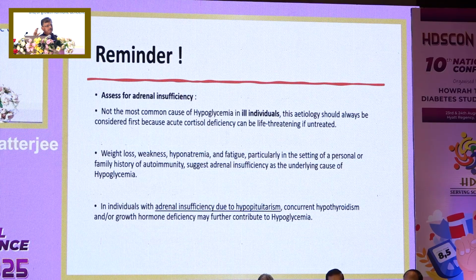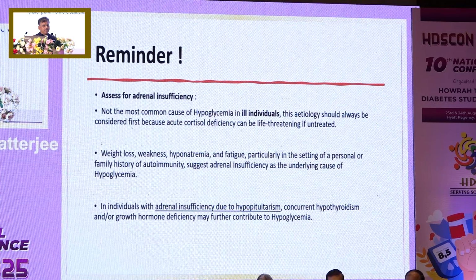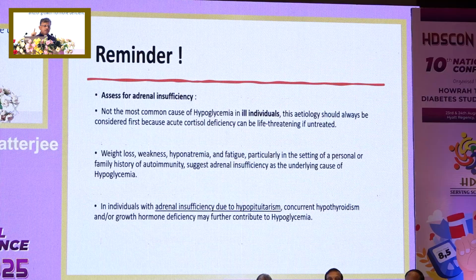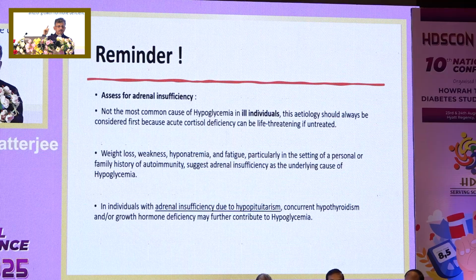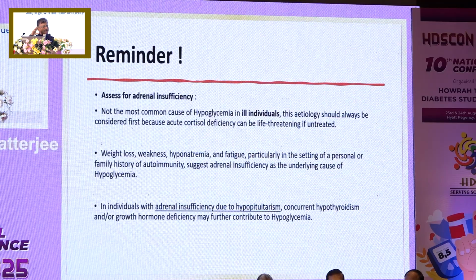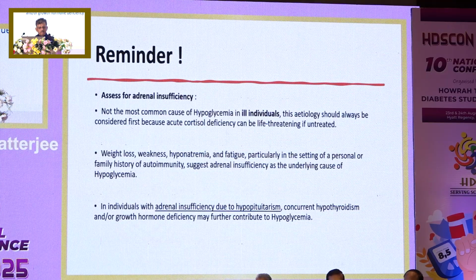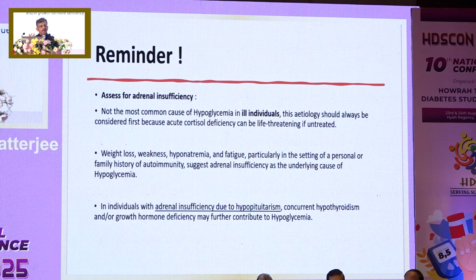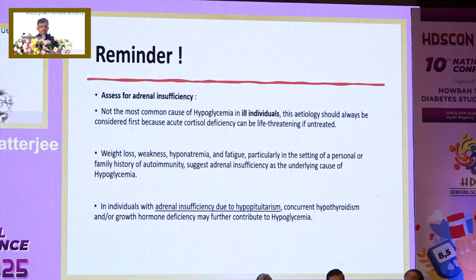It is also very important to take a history of whether the patient already has a diagnosed case of adrenal insufficiency. That can be primary, or can be due to pituitary and hypothalamic disease. Secondary adrenal insufficiency is very important to understand, because there may be multiple hormonal deficiencies like growth hormone and other hormones, and that can lead to even profound hypoglycemia, and we have to replace all these hormones. I am not going into detail. You can have a look into the etiology of primary or secondary adrenal insufficiency.